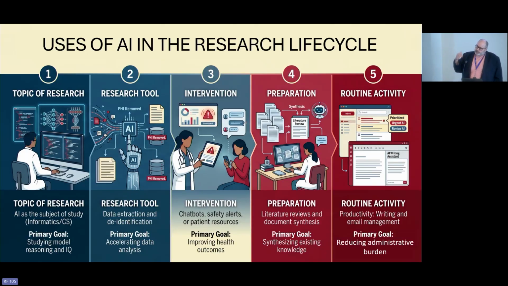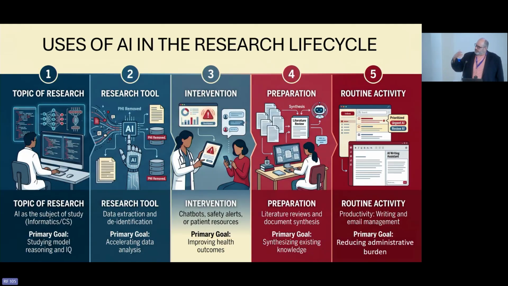And I don't just mean, how can I propose to use AI in a research project, test it, and get funding to do it? AI can be used across the entire life cycle of the work that we do. You know, I use numbers, but there's really not a ranking or an ordering. It's just from left to right. So a topic